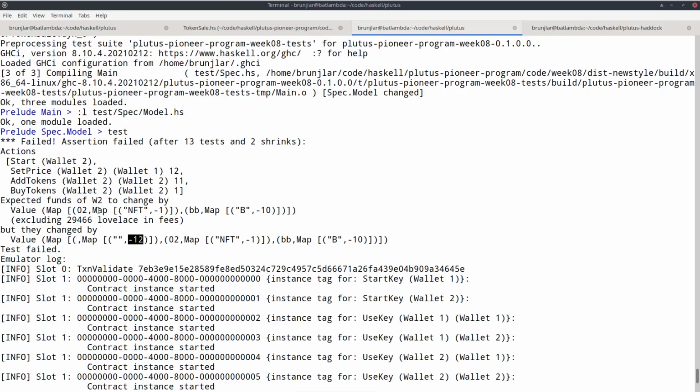I mean, we carefully added this delay of one slot to each action to make sure that everything is nicely sequenced. So all the actions happen in sequence. But of course, in the real blockchain or also in the emulator, wallets can have concurrent submissions of transactions. And in principle, we could try to do that with this model as well, but then we somehow must, in the model, specify what should happen in this case. And that might really depend on in which order the transactions are processed and so on. So that might get very complicated. So there are limitations, but nevertheless, it's a powerful way to test Plutus contracts.